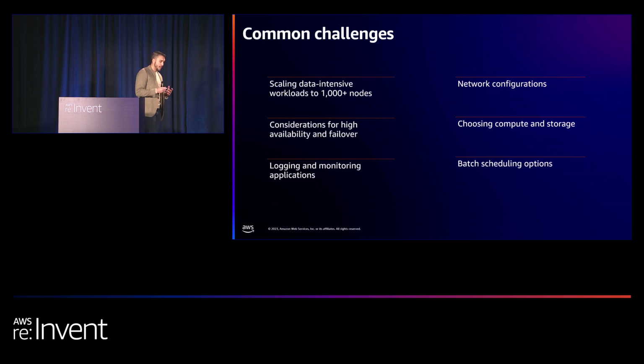Now at AWS, in working with customers to help them build these data workloads on EKS, we have noticed a common set of challenges that customers run into. These are very compute-intensive workloads, and many have very volatile scaling patterns. If you think about batch processing, sometimes they need to scale up to over 1,000 nodes and back down, and do so relatively quickly. Your clusters need to be configured to be able to support that.